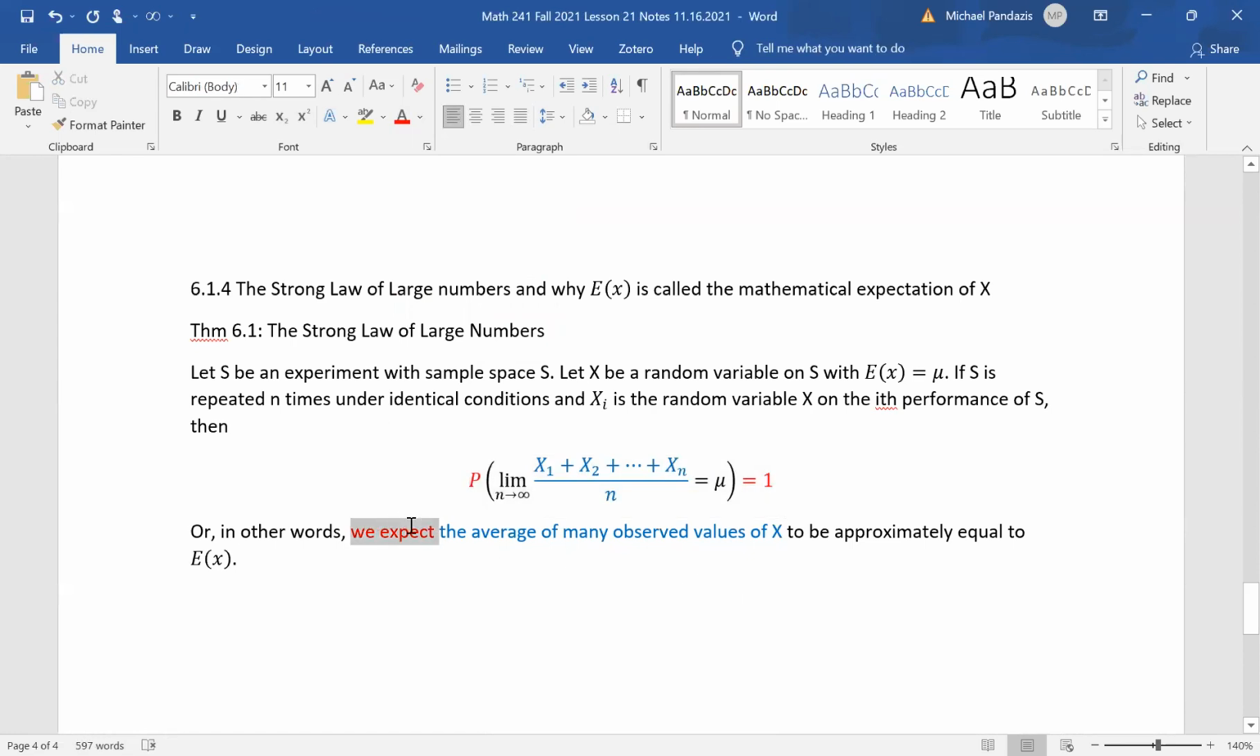So we expect, meaning the probability is 1. We expect the average value of many observed values of x, this fraction. So we're saying with probability 1, we are almost certain, that the value of this fraction is approximately equal to E of X. Remember, E of X is mu. So this to be approximately equal to